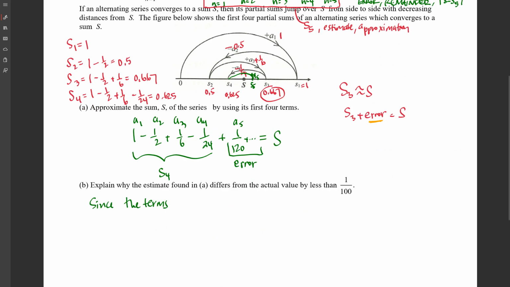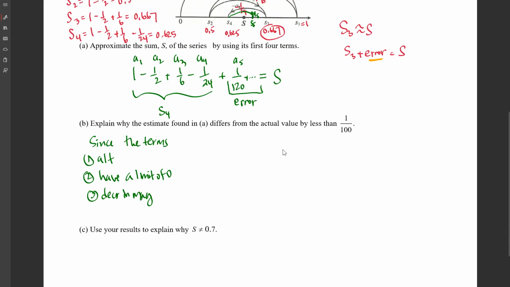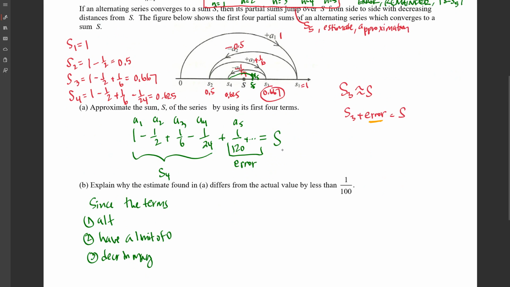So since the terms 1 alternate, 2 have a limit of 0, and 3 decrease in magnitude, and they certainly do. I should definitely check to make sure they do, but they definitely satisfy that. Then what I can say is that my error,